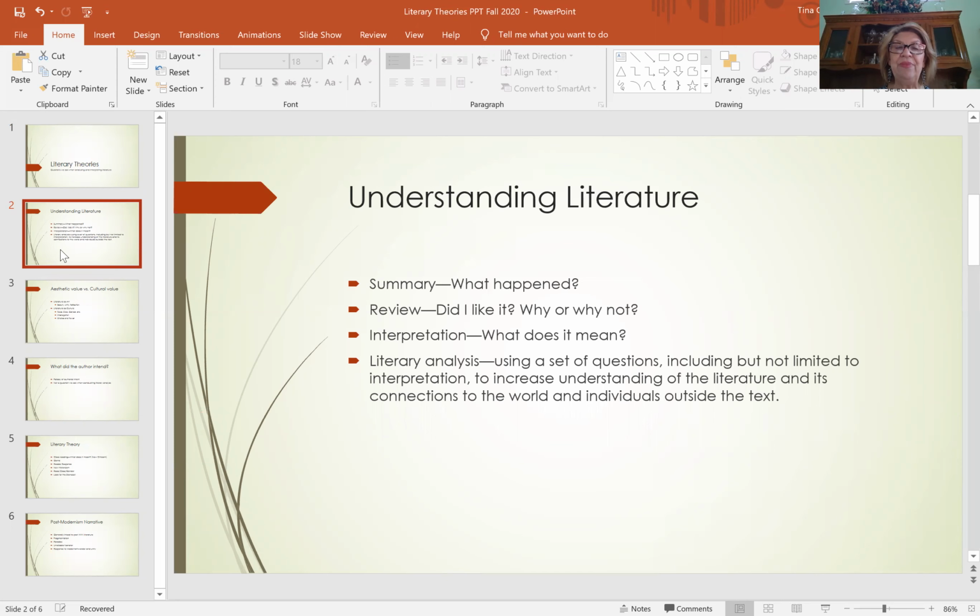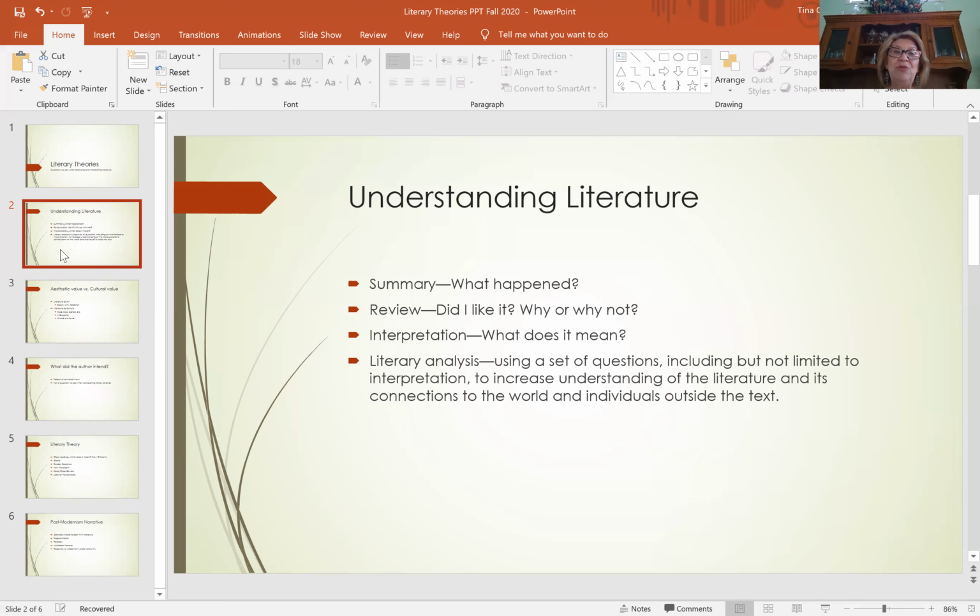A review. This is very, very popular in our culture where we discuss a movie or a film or a book or a song or a vacuum cleaner or anything like that. And we say, did I like it? Why or why not? And we use the basis of our liking on a certain standard that has been set out there. And we do this all the time, whether it's movie reviews, Yelp reviews, Amazon reviews. This is something very pervasive in our culture. Indeed, an important skill and probably something you can even make money at, but not in the end what we are doing in this class.